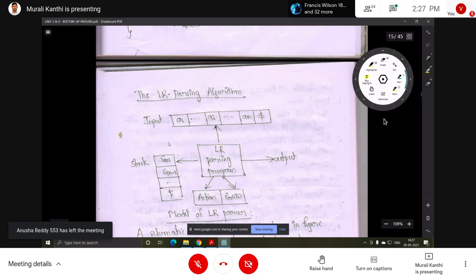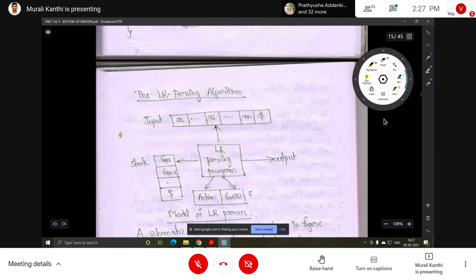The next is the stack. Stack is a data structure that holds some symbols. Insertion and deletion are possible on one side only, called push operation and pop operation. Initially, $ is placed on the stack if it is empty. Then the parsing program, here we call it the LR parsing program, LR(0) parsing program, or SLR(1) parsing program. Then the table is important here. The table is divided into two parts: one is the action part, another one is the goto part.